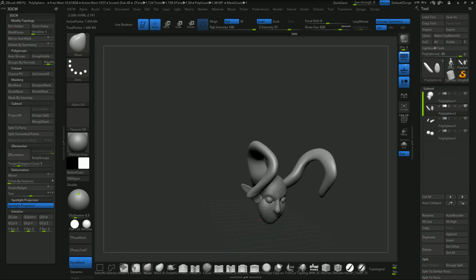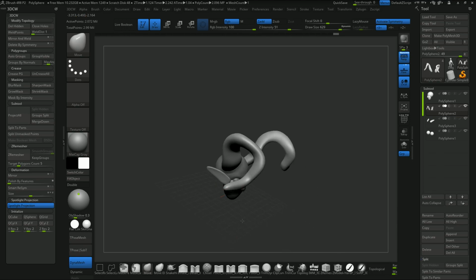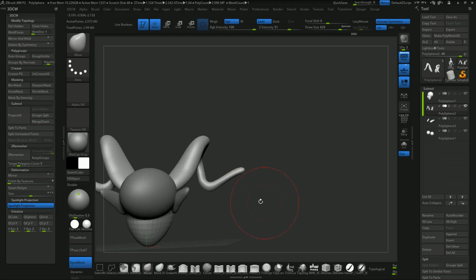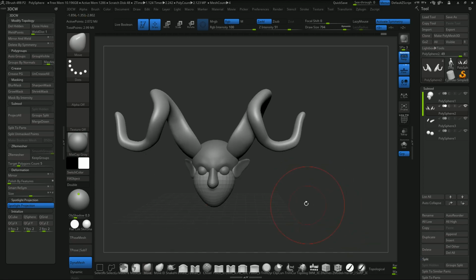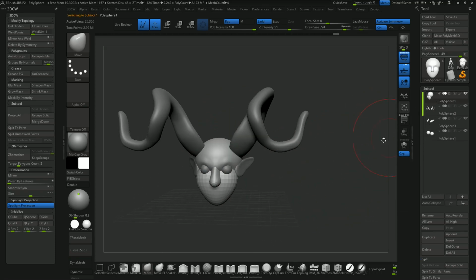But this is the advantage of Dynamesh. It lets you make pretty wild shapes quickly and easily. So I'm just Control dragging again to just retopologize. Anytime I want to make a big change, in this case, a change in direction, it's one way to do this. I mean, with Zbrush, there's so many different ways, and typically with horns, you'd use something like snake hook to quickly make the shapes you want. But this is more about explaining that you can have a Dynameshed object in there, so it's good for hair on a character. And the final stage of this process would be